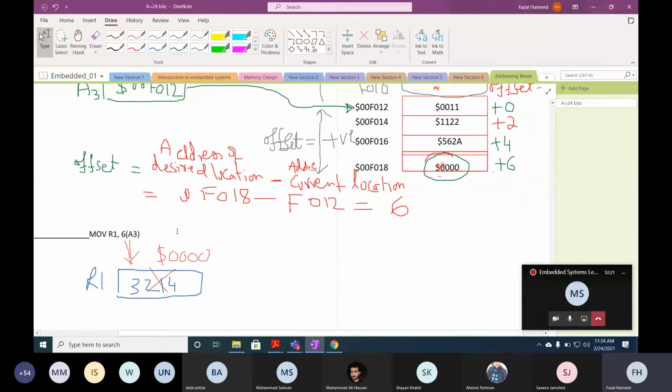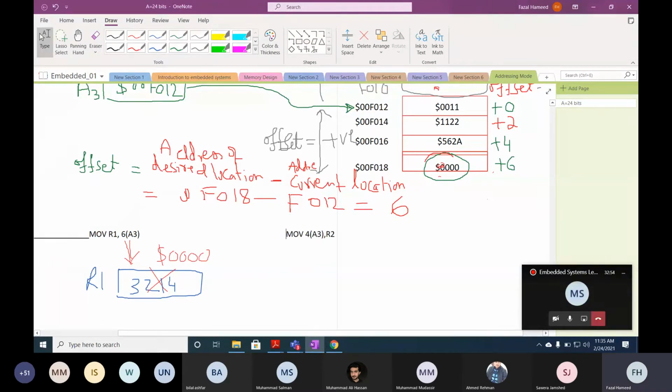Now let's go with another example. Let's assume we write an instruction like this: move 4 A3 comma R2.